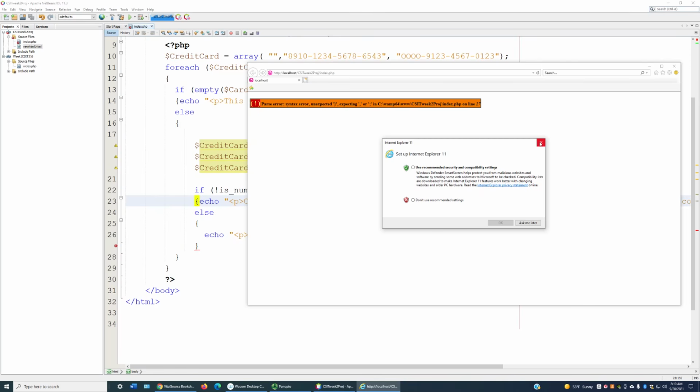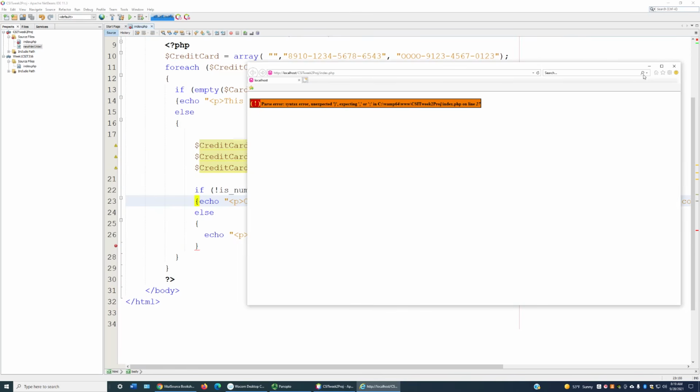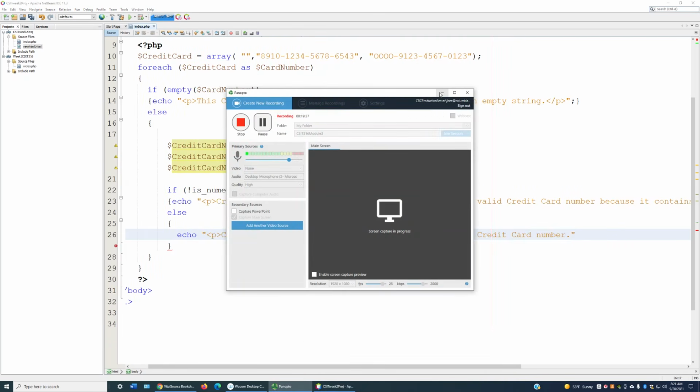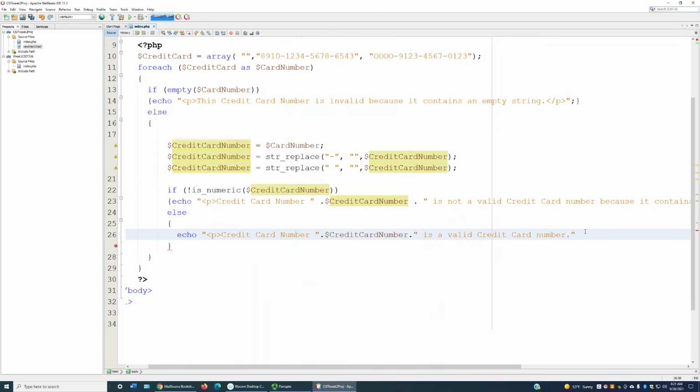Okay, so line 27 looks like is a problem. Line 27. Oh yeah, my little issue with the echo is not closing up. Should have done that. All right, I'm going to pause and come back with the solution. Well, that one was an easy fix. I'm just missing a semicolon. Okay, so old school